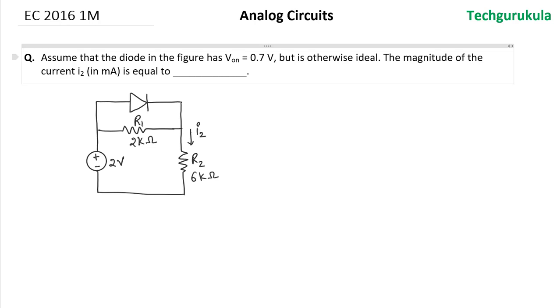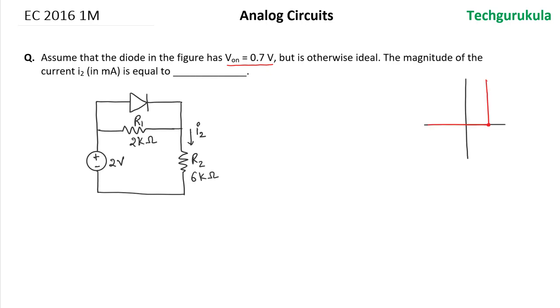The question is, assume that the diode in the figure has V on equal to 0.7 volt, which means the cut-in voltage is 0.7 volt for the diode, but is otherwise ideal. We have seen in large signal models of the diode, that is, the diode characteristics were like this, where this is the cut-in voltage 0.7 volts. If the voltage across the diode is less than 0.7, then the diode is modeled as an open circuit